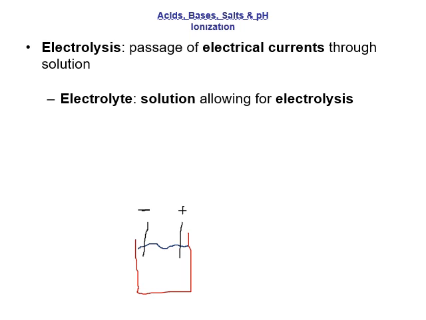They're anodes and cathodes. To complete this circuit and allow electricity to pass through, you'd have to have something in this water. Water in and of itself is not a good conductor of electricity. But if I were to put some table salt in there, that table salt will dissociate, it'll ionize, again, into